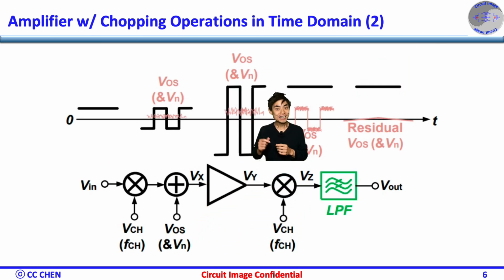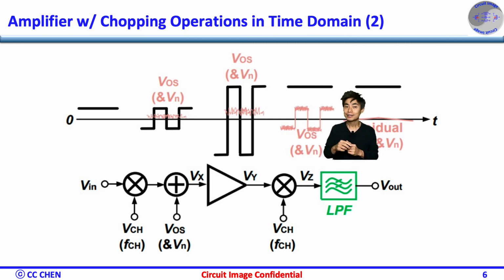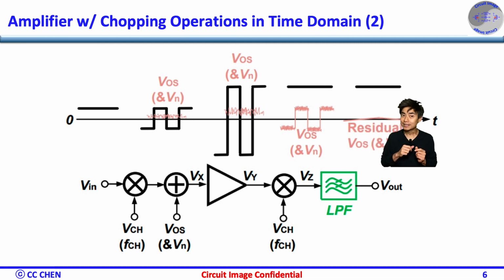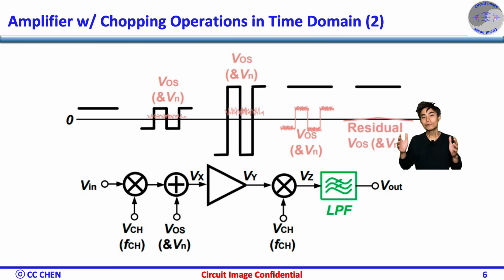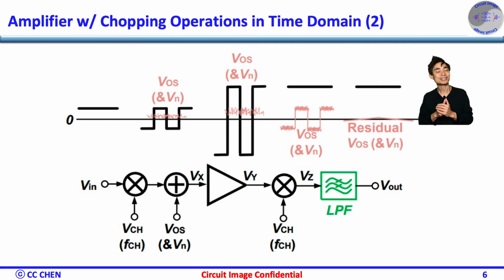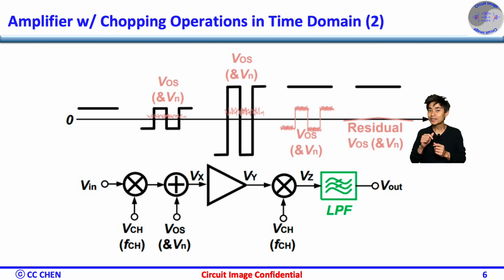Yeah, the offset is amplified and becomes bigger at the output of the amplifier. Then it goes through the chopper and turns into the square wave of the chopper's output. Then the square wave offset is attenuated or filtered out by the low-pass filter. So the amplifier with chopping operation is a magic black box of amplifying the input signal, but removing the offset